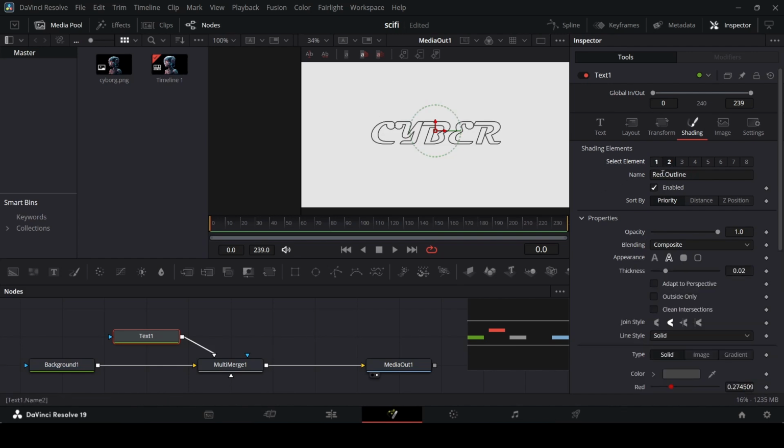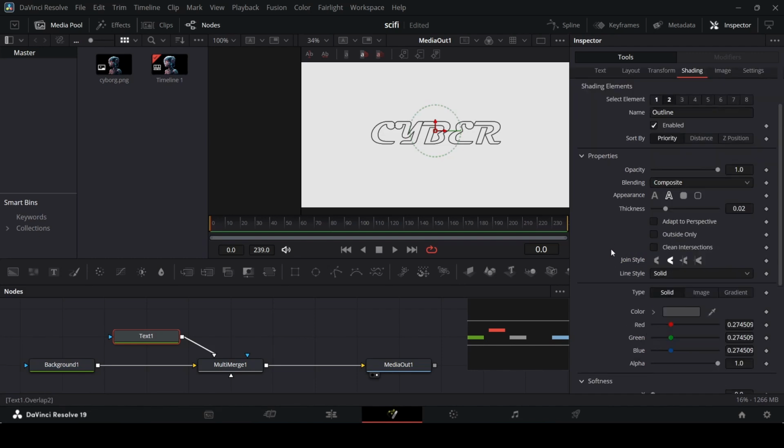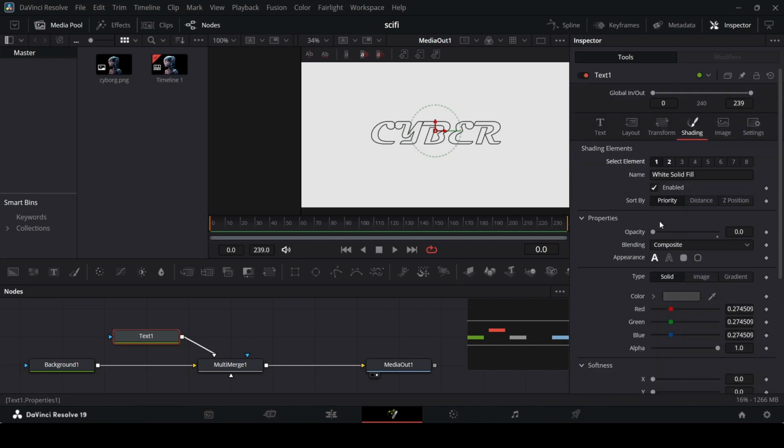So this is the one at 2. You can just keep this at outline. If you want to, that's up to you, not necessary, but this is how we're going to create the outline. Now, once we have this done, we now need to animate this solid color that we just changed the opacity